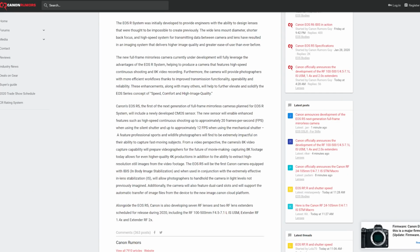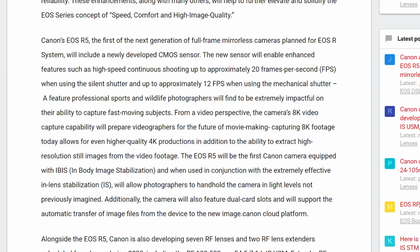That's probably what most people would like to see. However, unfortunately, I don't think that's going to be the case. I think what we're probably going to see is them do a 1-to-1 pixel readout of the center 33 megapixels and have an additional crop factor. I'm basing that off the fact that I think it was Canon Australia mentioned in their press release about being able to pull still images from the 8K video,